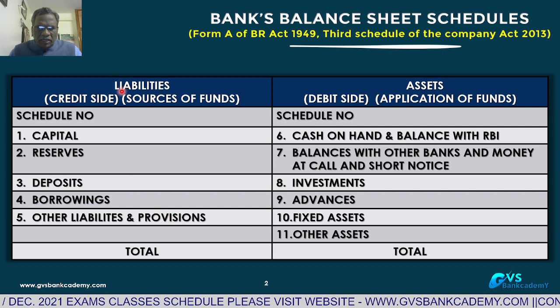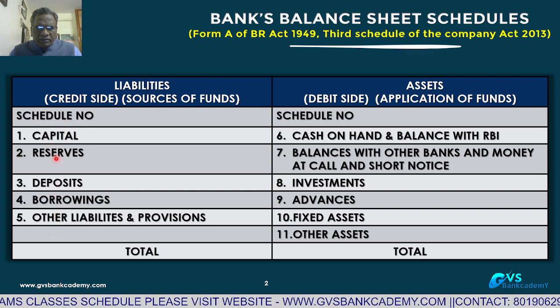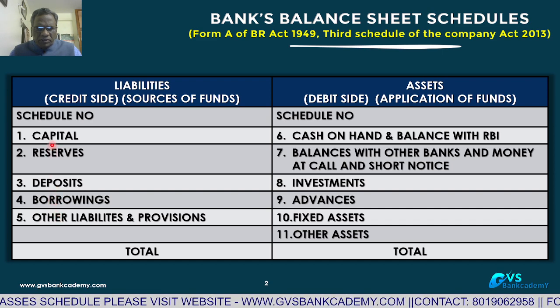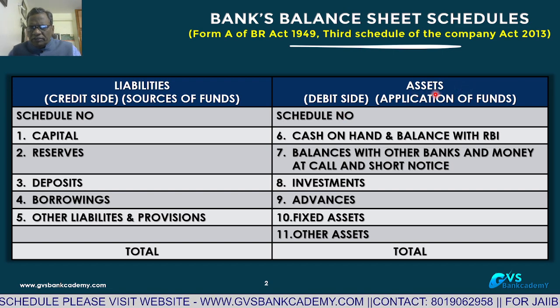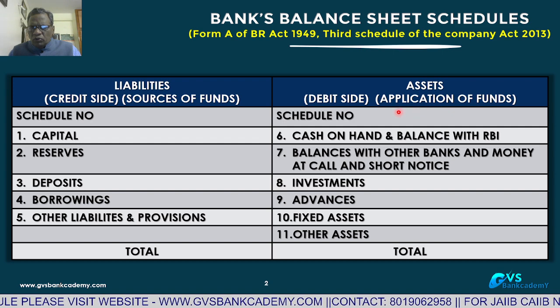So, on the liability side, the credit side of the bank's balance sheet, the source of funds, 5 schedules are there: capital, reserves, deposits, borrowings and other liabilities. These are the 5 schedules. Now coming to the asset side, this is the debit side, application of funds, use of funds